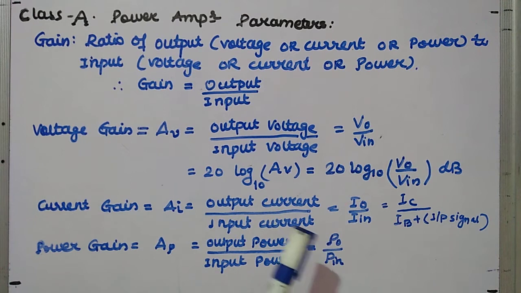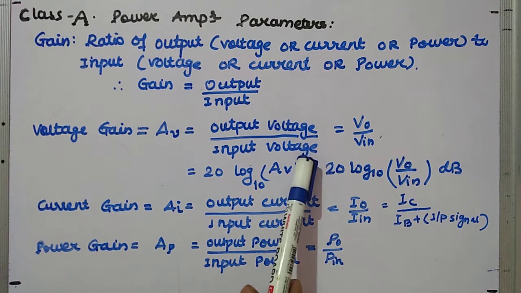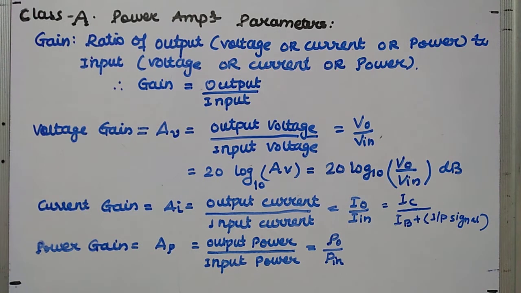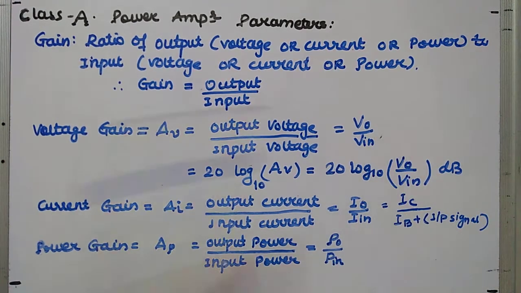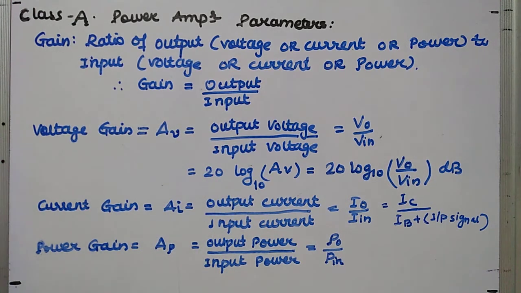Now, one thing we have to observe is that in the numerator and denominator, both are similar quantities, current or voltage. So the gain is unitless. Sorry, mistakenly I said dimensionless. It is unitless. The thing I want to explain here is that we cannot mention units over here. So to have a proper unit, we convert into the decibel value.